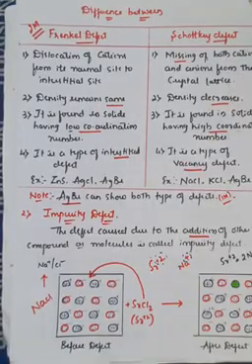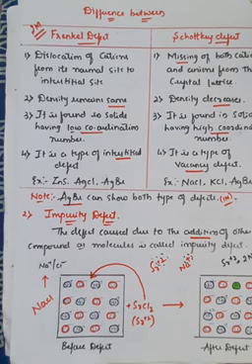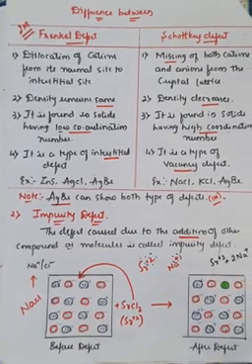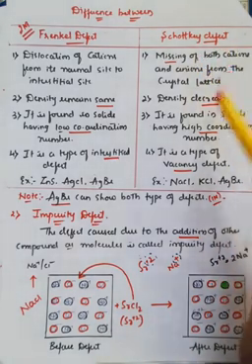Okay, now we'll revise what we have studied today. There is a main difference, a 2 marks question, between Frenkel defect and Schottky defect. First thing, you have to always write the definition of Frenkel defect as well as Schottky defect. Dislocation of cations from the normal site to an interstitial site is the case in Frenkel defect. And in case of Schottky defect, what happens? Complete missing of cations and anions.